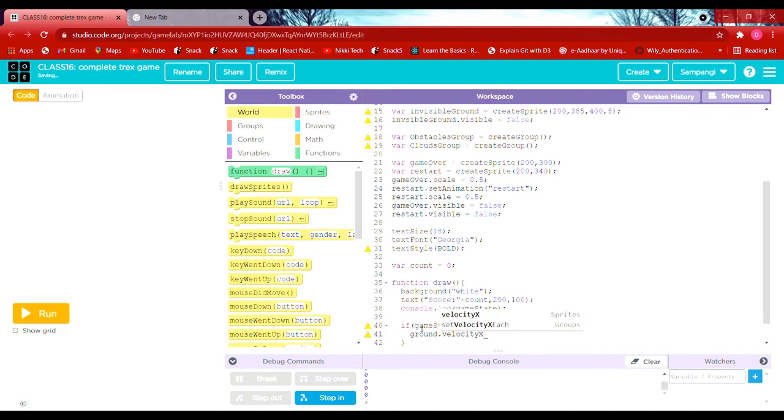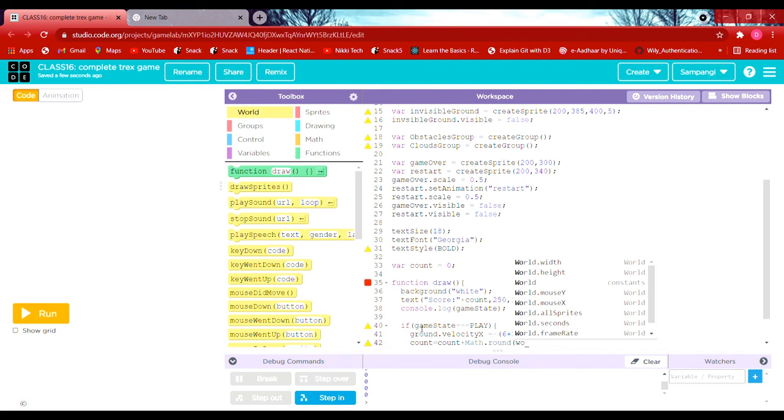So velocity x is equal to minus, open curly bracket, 6 plus 3 into count divided by 100, and the next line scoring, count is equal to count plus math dot round, world dot frame count,